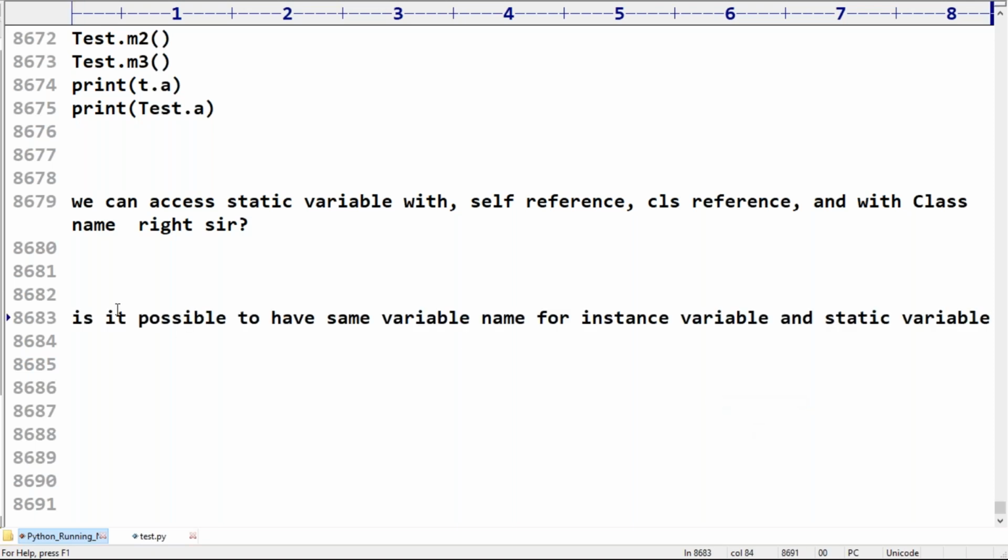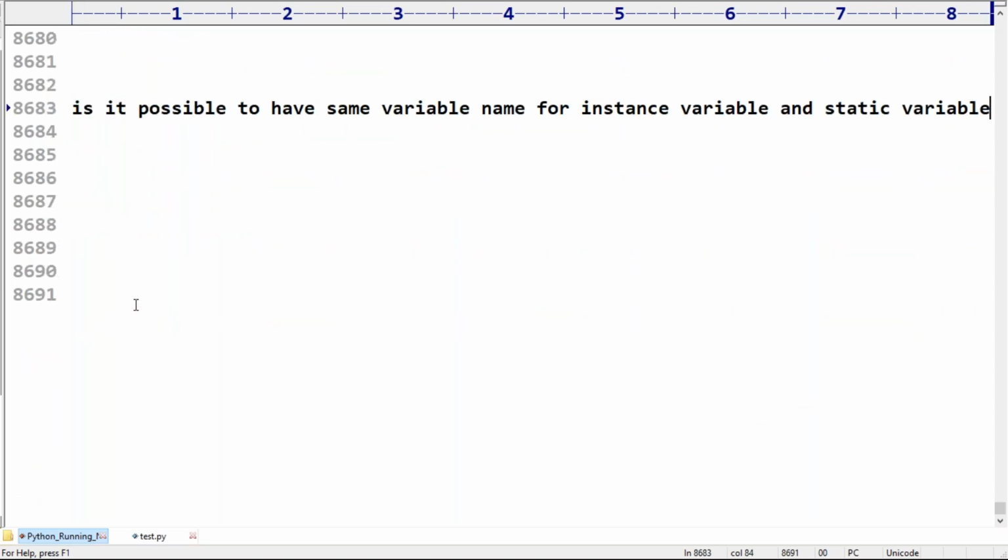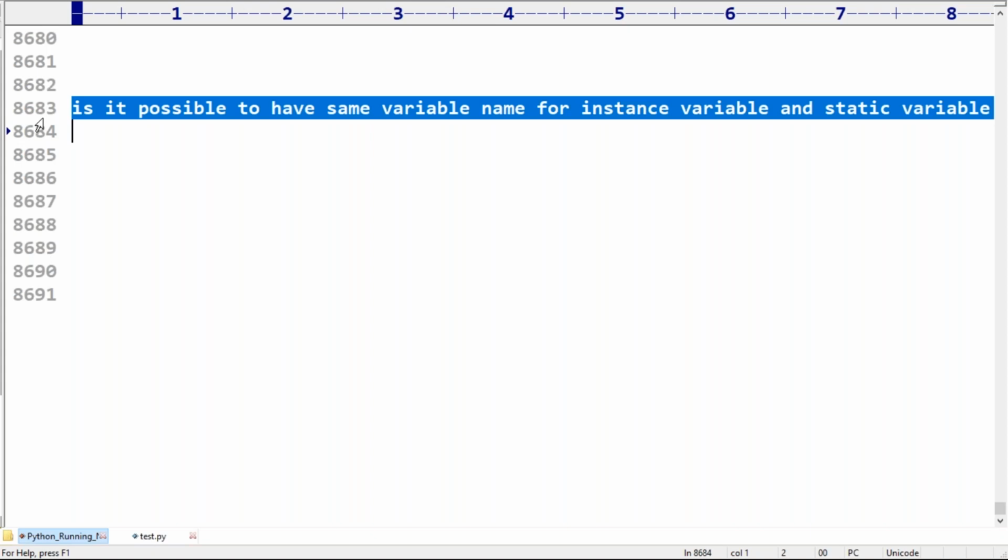Next, someone is asking: is it possible to have the same variable name for an instance variable and a static variable? Yes, it's possible. Overriding is not going to happen. The object level variable is different and the class level variable is different.